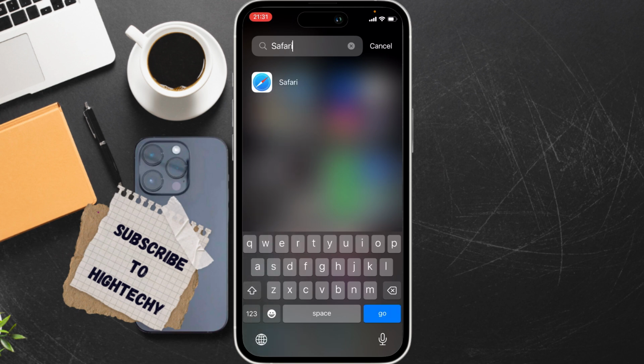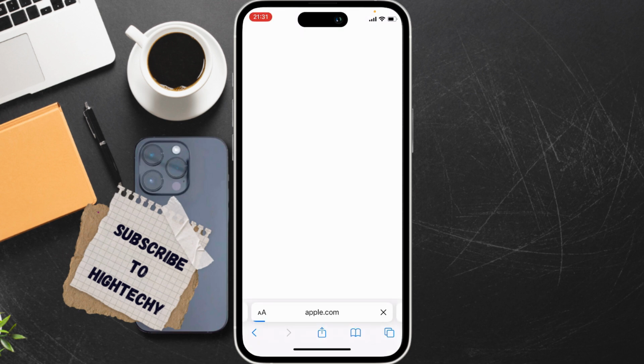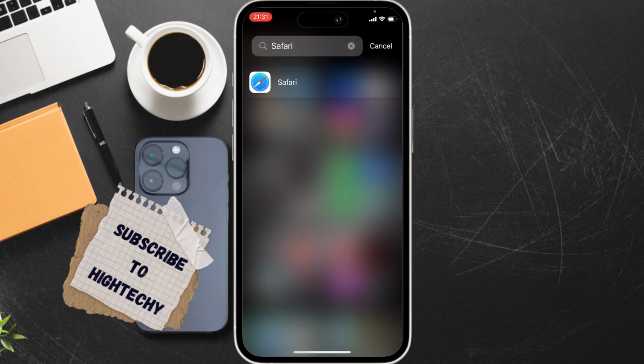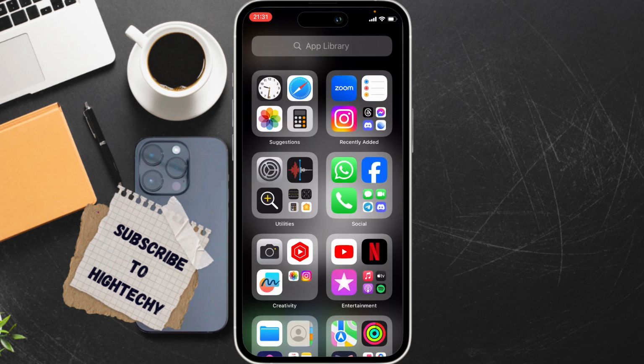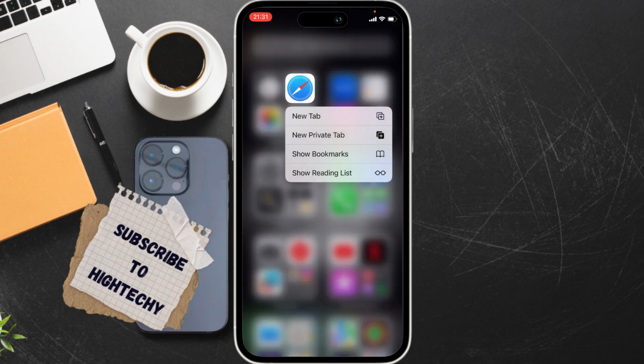Now what we have to do, long press on Safari icon. After long pressing it, you will find this option, add to home screen. Since it is already added in my home screen, it is not showing, but it will show you add to